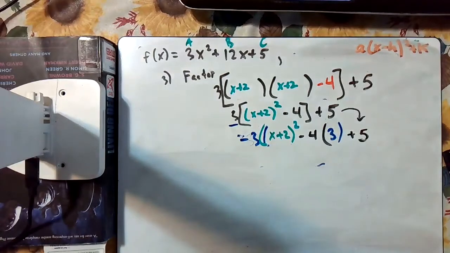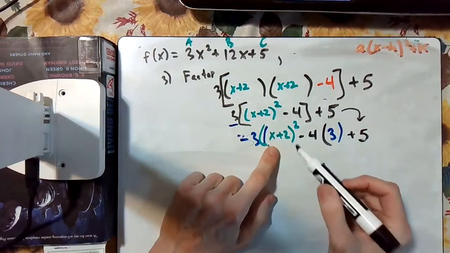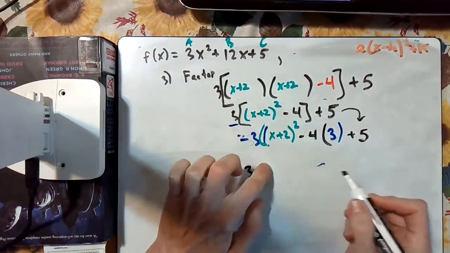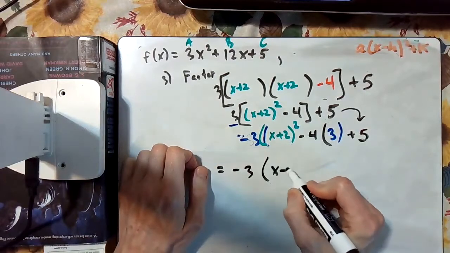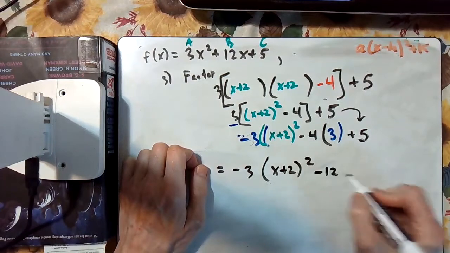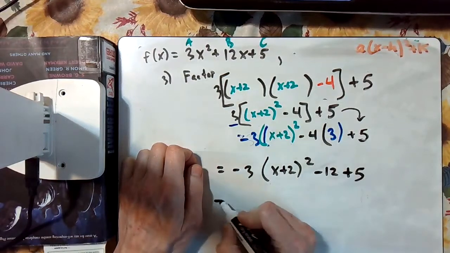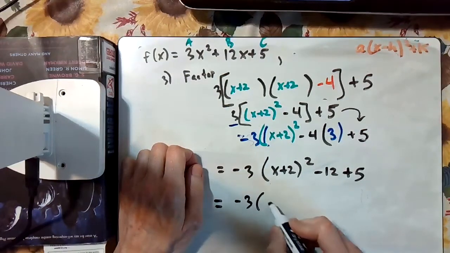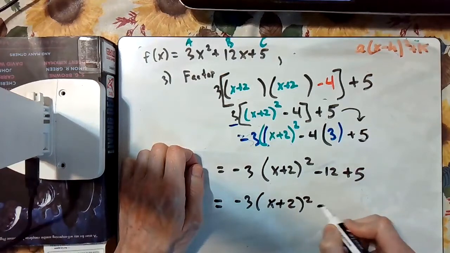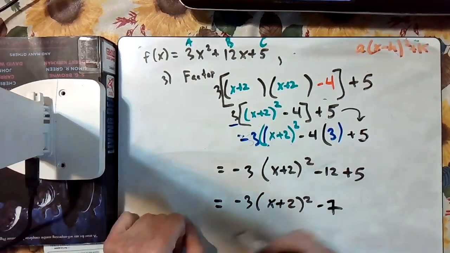So where do we go from here? Well, let's multiply a couple things out. This 3 times x plus 2 squared, we're just going to leave it as that. Minus 4 times 3 is negative 12 plus 5. What can we do from here? This is 3 times x plus 2 squared. What's negative 12 plus 5? Negative 7. Now it's in the form